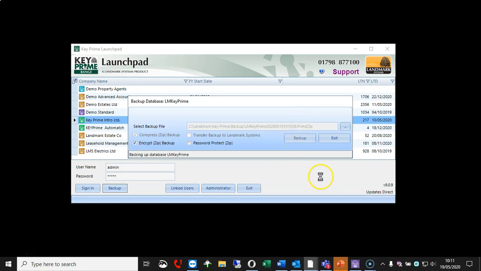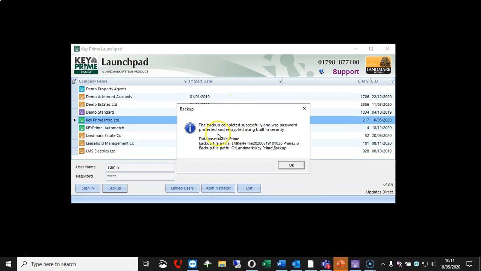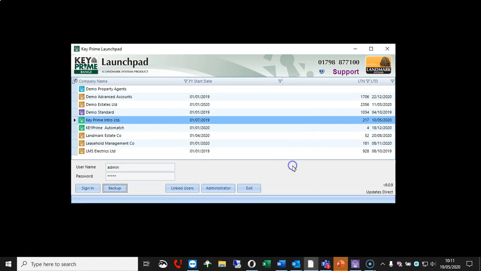So let's just go off and back it up. It only takes a few seconds, and it'll then come up and say that it's been successful. And there we are. It's saying that it's complete, and it's given us not only the file name but the backup path too.